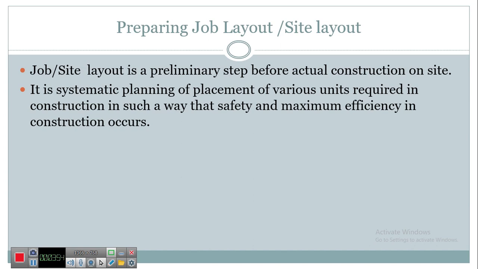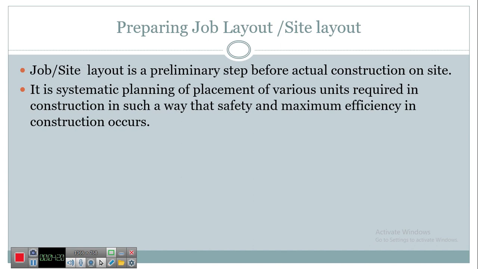The proper coordination and correlation among various units should be done such that all activities are done in a smooth and orderly manner. Various units of construction like offices, scrutiny cabin, security cabin, godown, storage yards, etc. All we need to pre-plan, so this is nothing but your job layout.